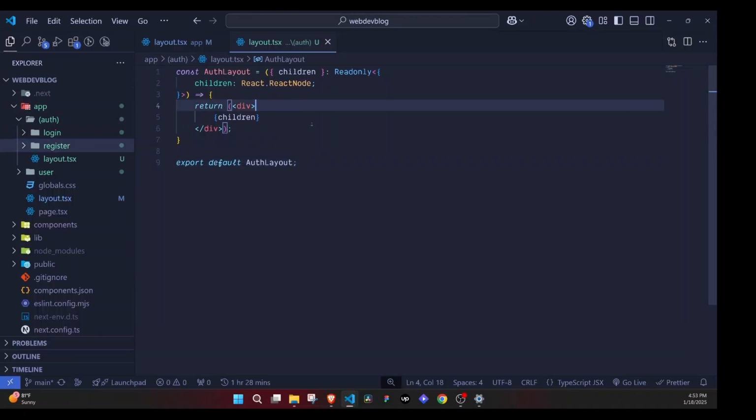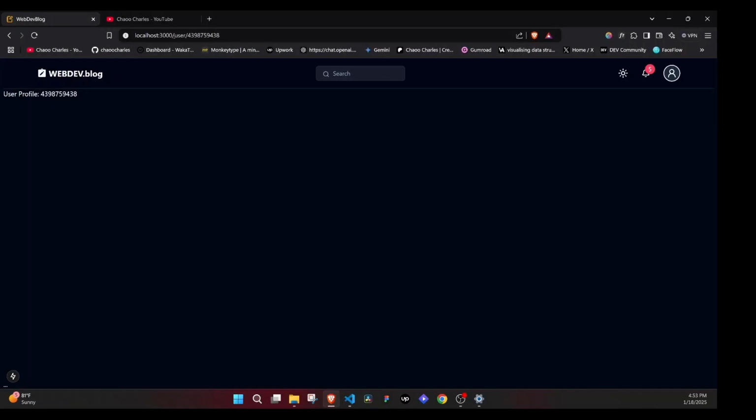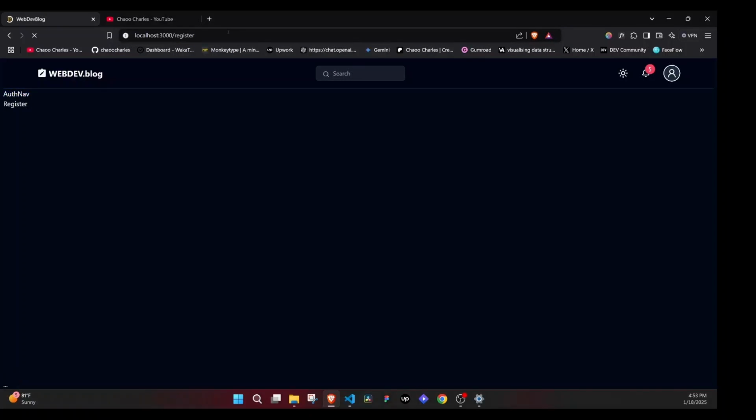And to confirm that, we could have a navbar for our auth, and right here I'll just say nav, and I'll say auth nav, and this part of our layout will now be shared by these pages. So let's see if that works. I will go to the browser. Let's visit one of the pages, which was login, hit enter, and there we go. We have this auth nav, and I can come here and I'll say register. I hit enter, and look at register, we also have this auth nav,